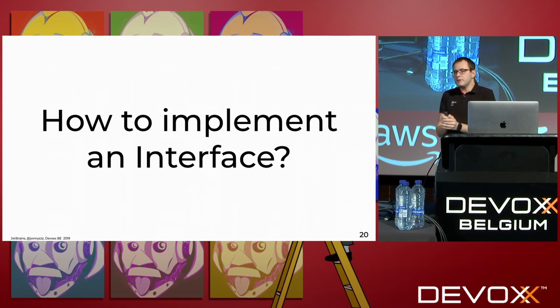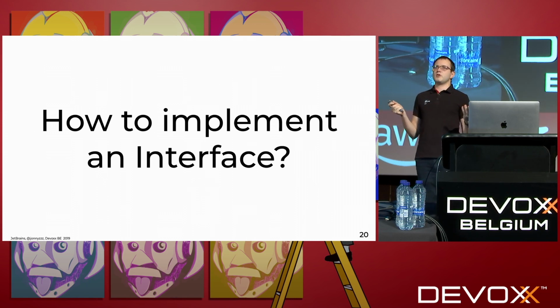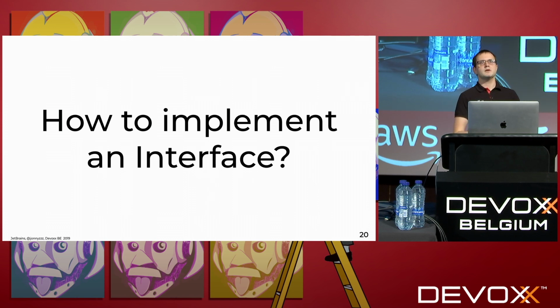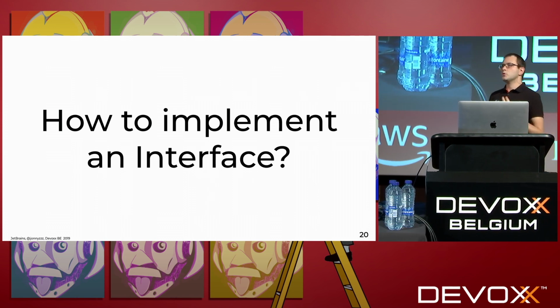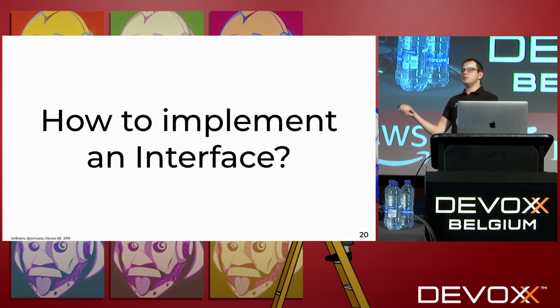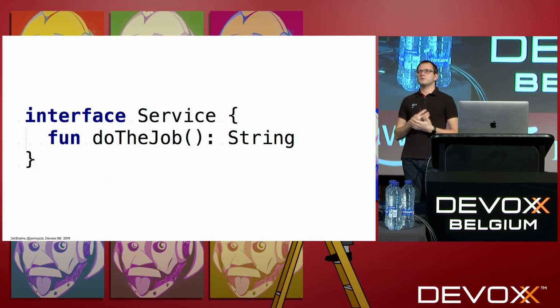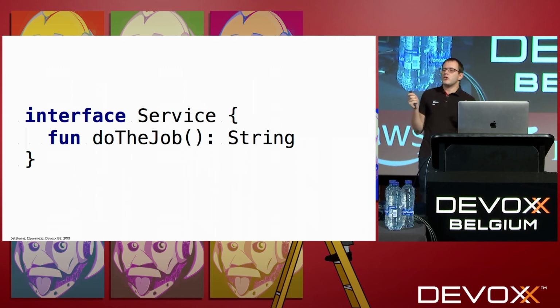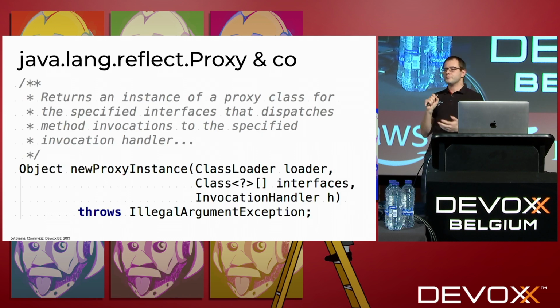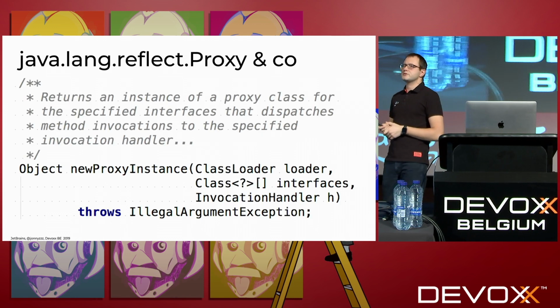OK. But implementing an interface, it's an obvious thing, right? We implement interfaces all the time, all the days. And how would we implement an interface without actually implementing one? Do you have an idea? Well, there are frameworks which do this for us behind the scenes. So we create an interface. We say, oh, framework, could you please give me an implementation of that one? Say to do some network calls, or to do some REST, or to do anything. Well, this is the one thing I selected to show.